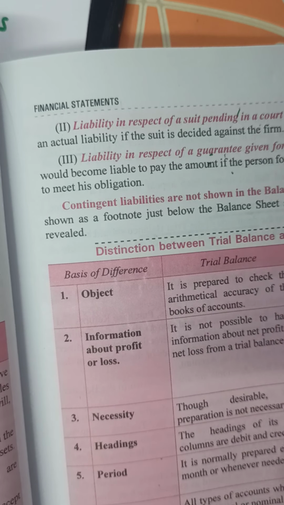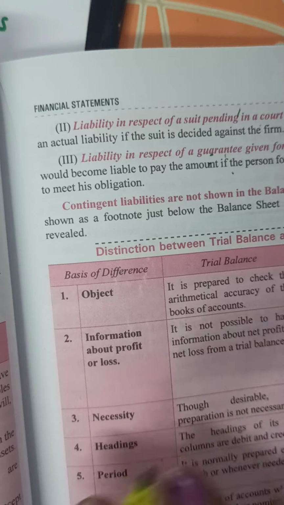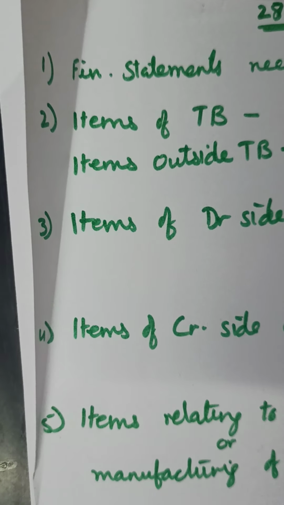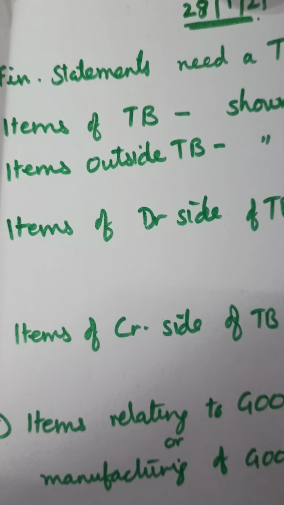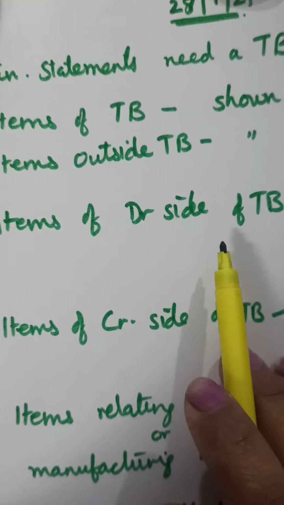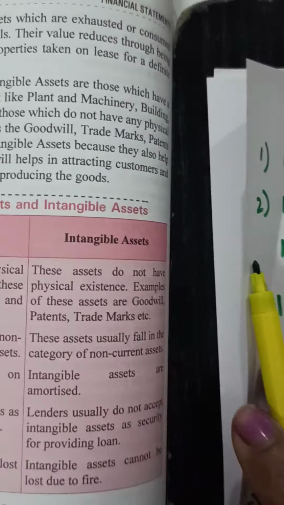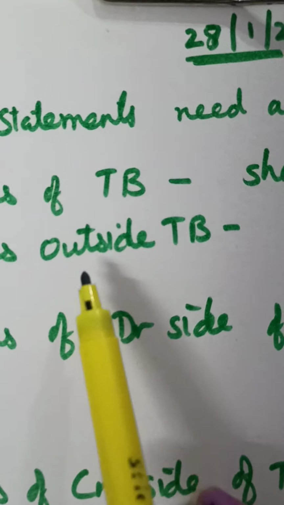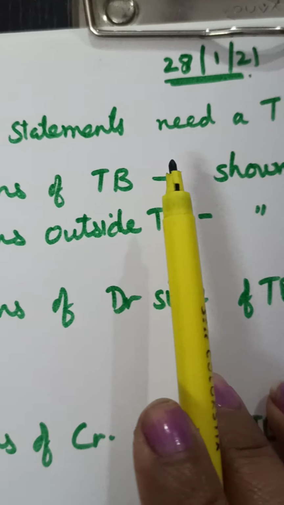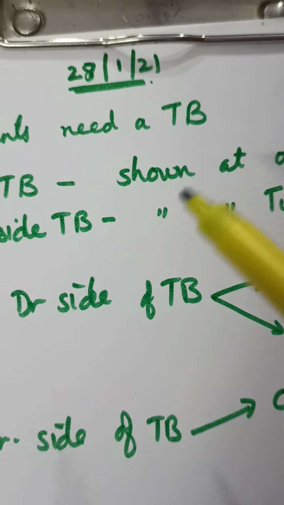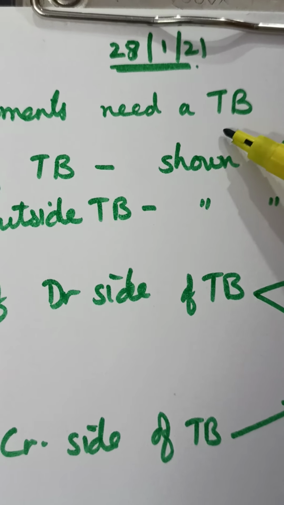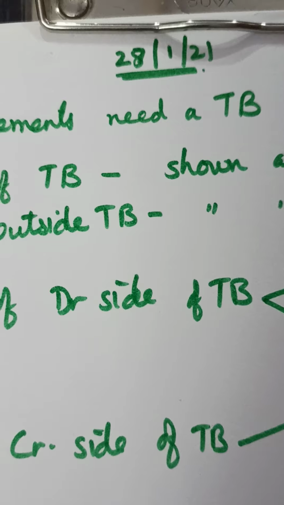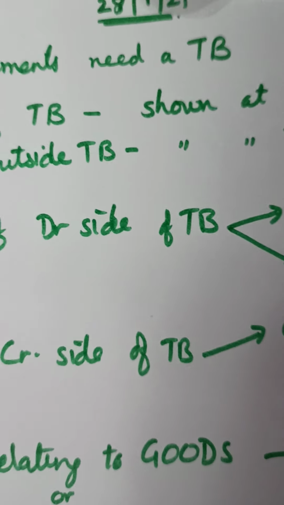Now children, another important thing to understand in the balance sheet, these few things I have written are very important for you to understand for the balance sheet. The first thing, the financial statements. These are the important things you have to remember for the financial statements. A financial statement needs a trial balance. Remember girls, any financial statement, either trading account or profit and loss account or a balance sheet, cannot be prepared without